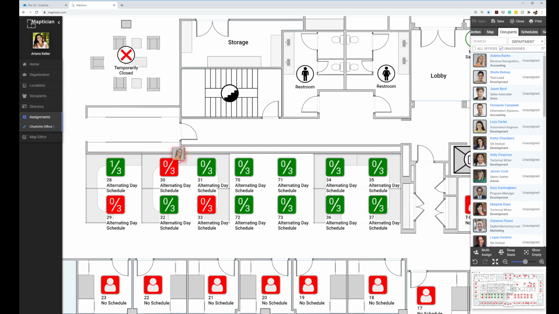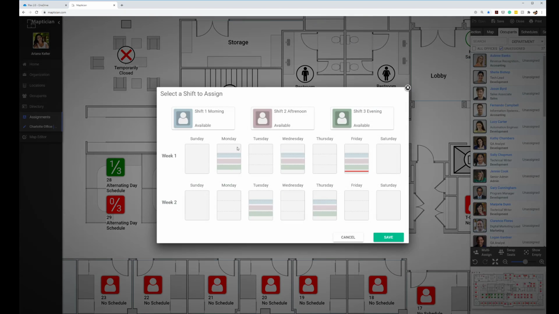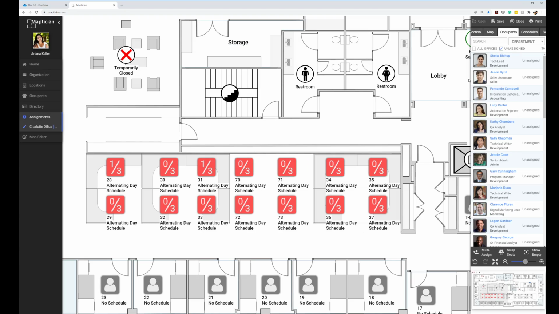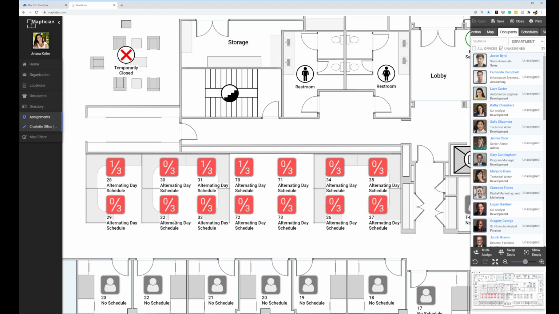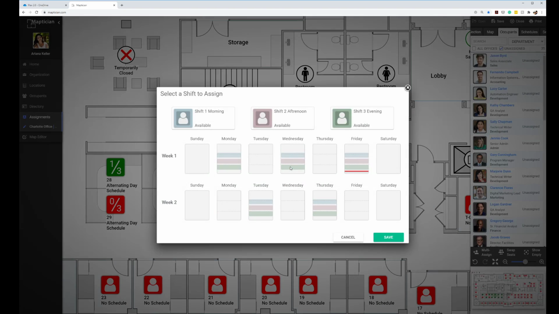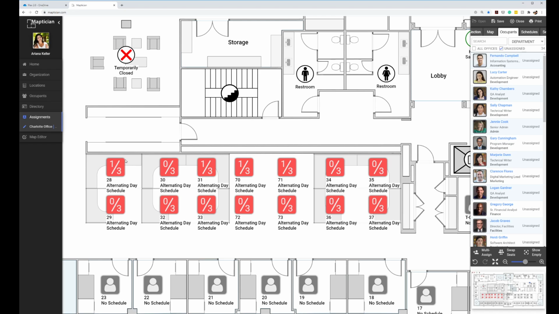It probably means that the seat was restricted to a department, so I can't actually assign the person here. So I will just drop them in the next seat over and assign them to another shift that I want them to be at. And you can actually continue doing this for every seat, though doing it this way will give you the ability to select what shift you want them to be in with this menu. It may be difficult to see what assignments have been made because you only see the fractions